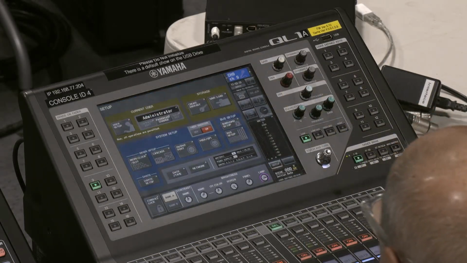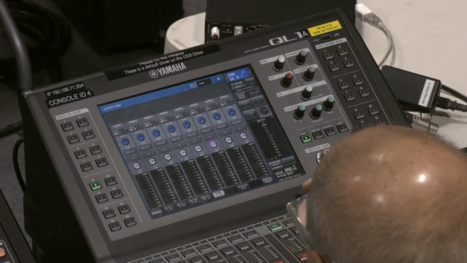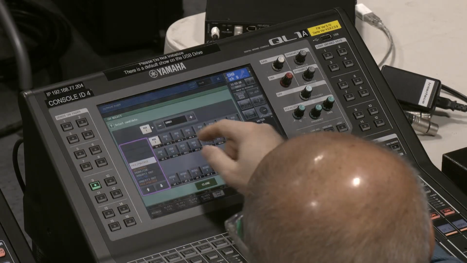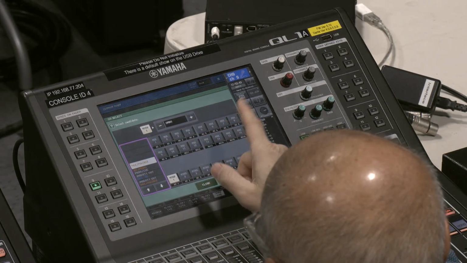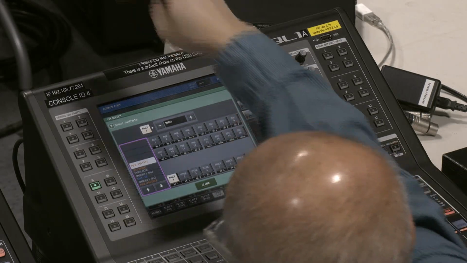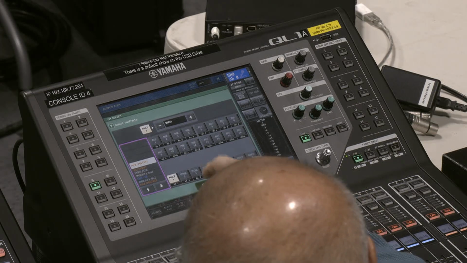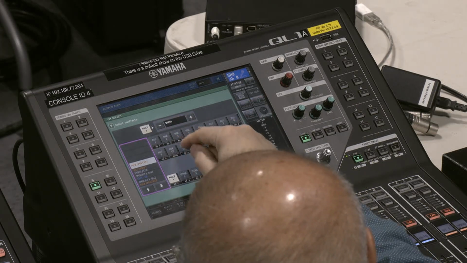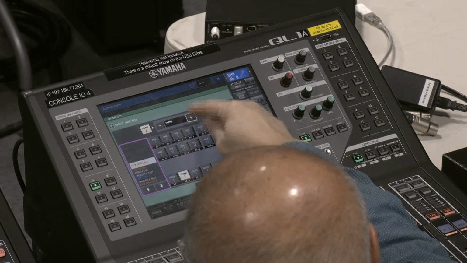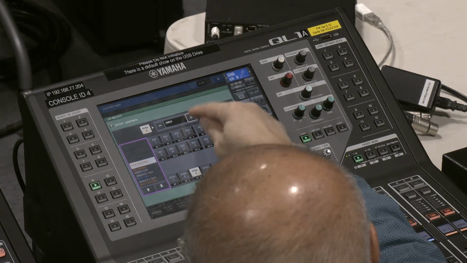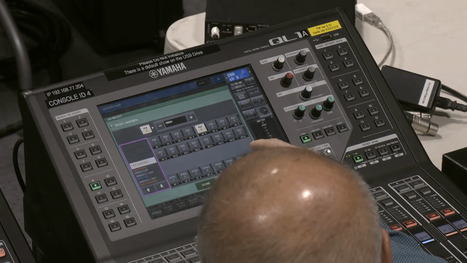regular auxes, right? I set up my output ports. If I'm using the Omni outputs, so I'm looking at the Omni outputs right now. These are the XLR outputs on the back of the console. So one would be matrix 1, which would be left. 2 is matrix 2, that's right. 3 is matrix 3, subs. 4, front fills. 5,